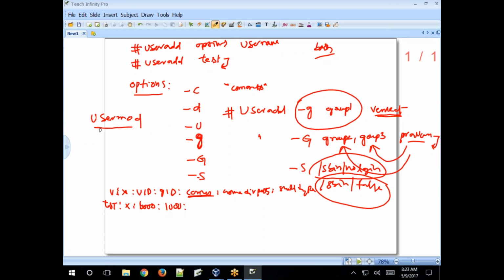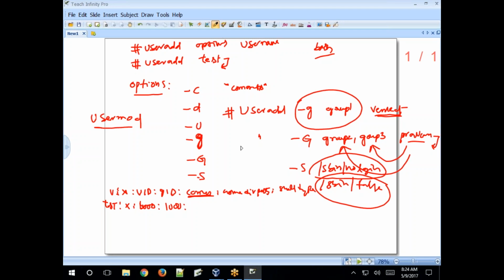Use the same options, the same parameters, simply replacing useradd with usermod, and specify whatever option you want to use, for example -d.